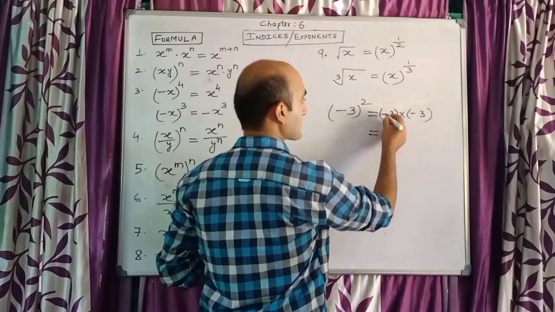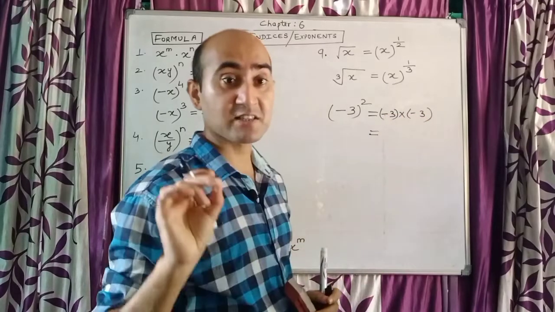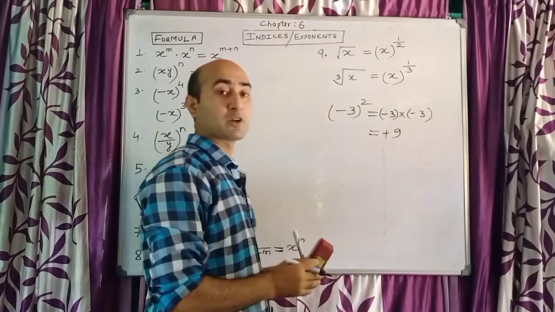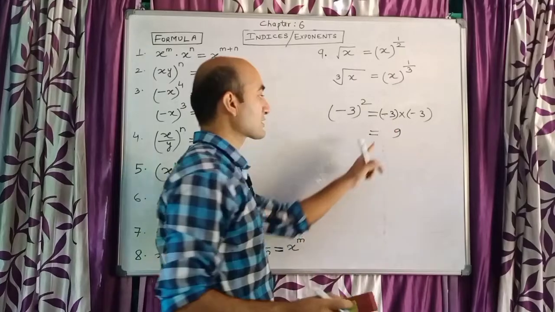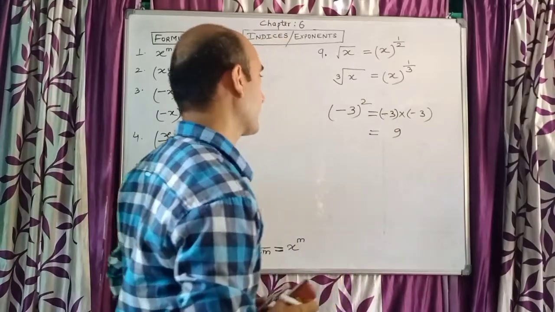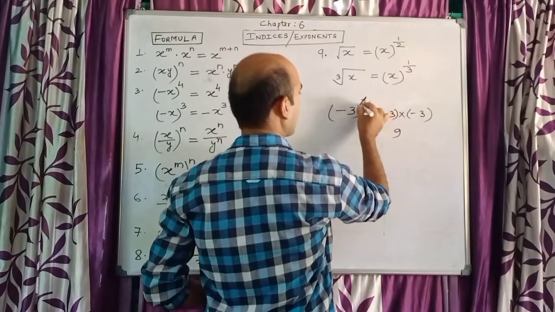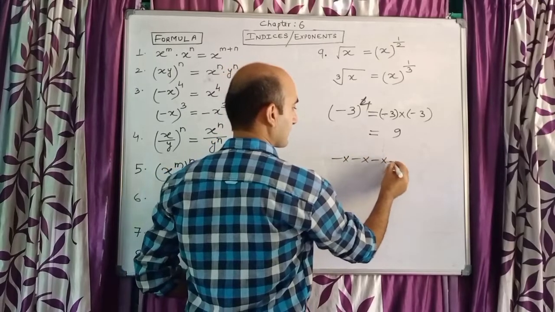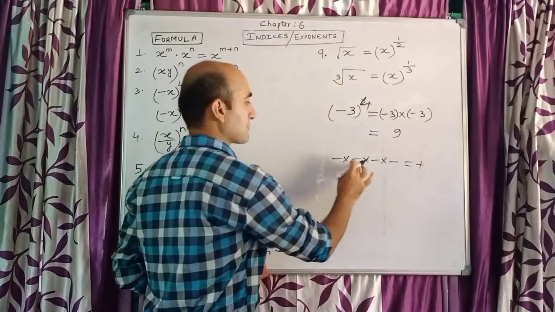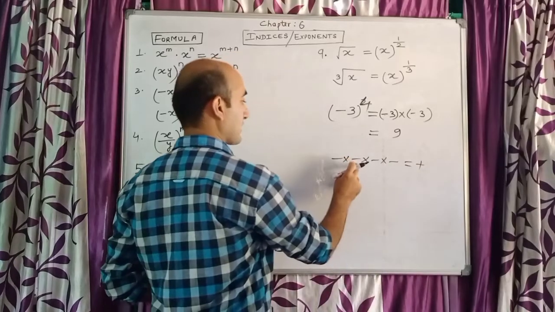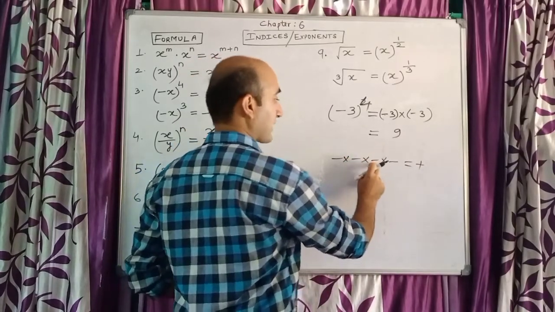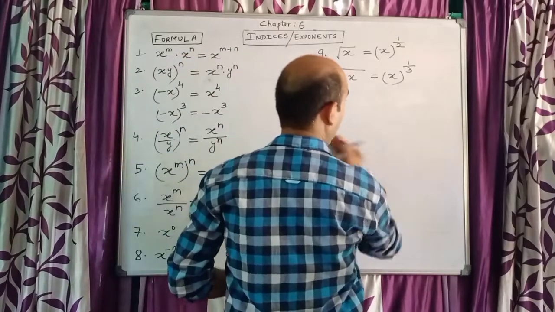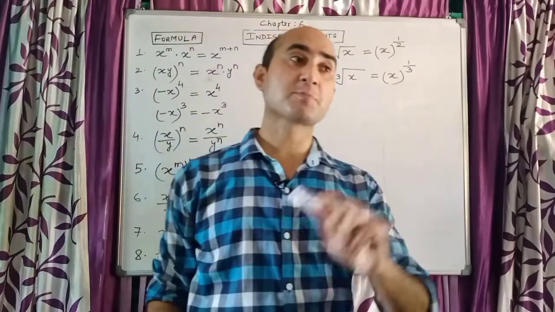Now what happens? This minus into minus, minus multiplying 2 times becomes plus, and 3 threes are 9, and normally for a plus number we don't write plus, because writing 9 also means plus 9. So even if I have power 4 here, power 4 means 4 times, and if minus is multiplied 4 times, the result is plus. Minus into minus is plus, plus into minus is minus, minus into plus is minus. That means a minus number having an even power, the minus becomes plus.